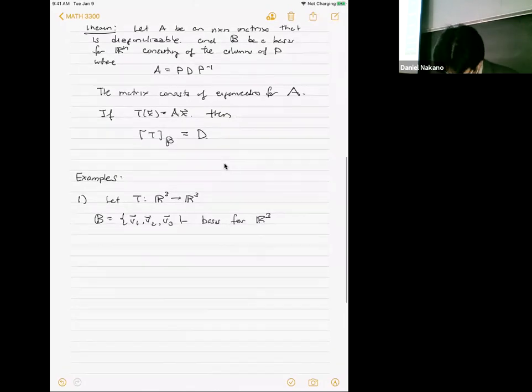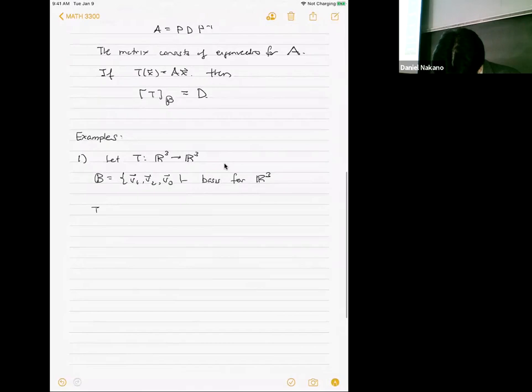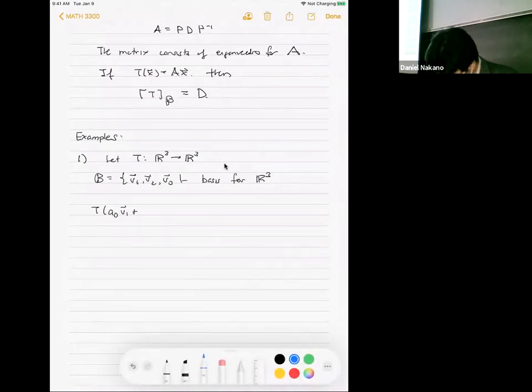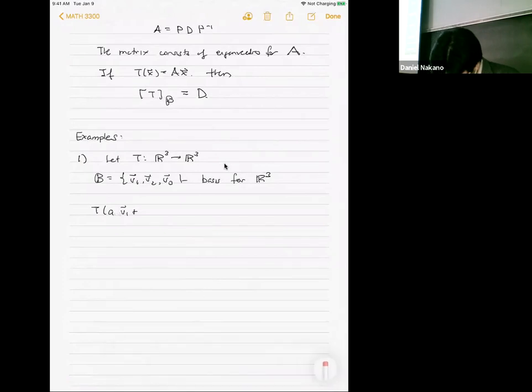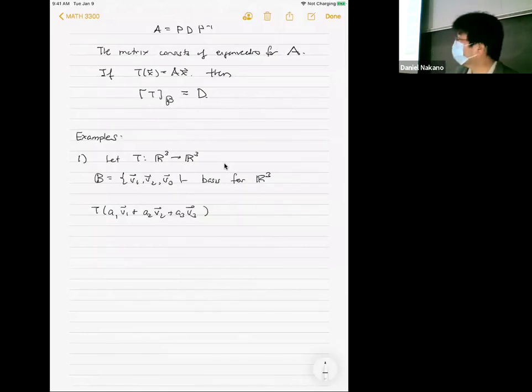So if I take T on A1 V1, let me change that a little bit so the subscripts match up, plus A2 V2 plus A3 V3, this is a linear combination which gives you a typical element in R3. And then I'm going to send this to